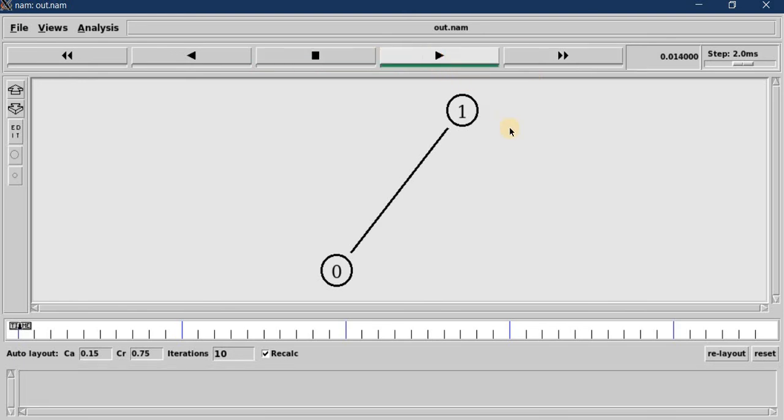So I am pressing the play button. You can see that from node 0 the data is transferring towards node 1. That is the overall theme of our simulation, that we have to make the connection between the two nodes as well as send the data.